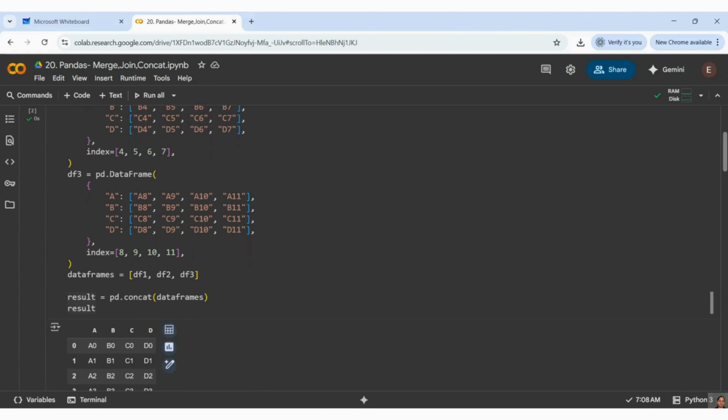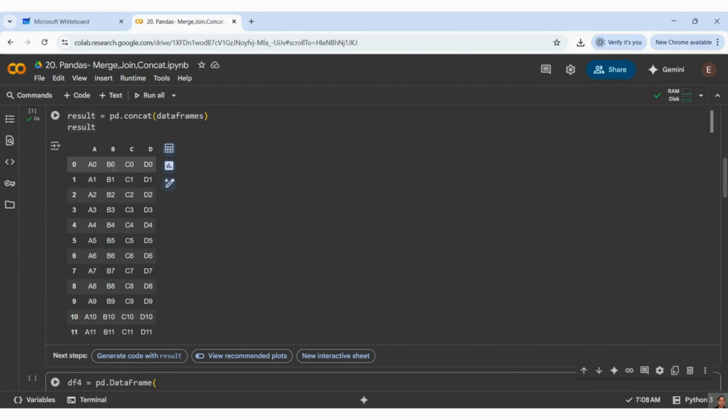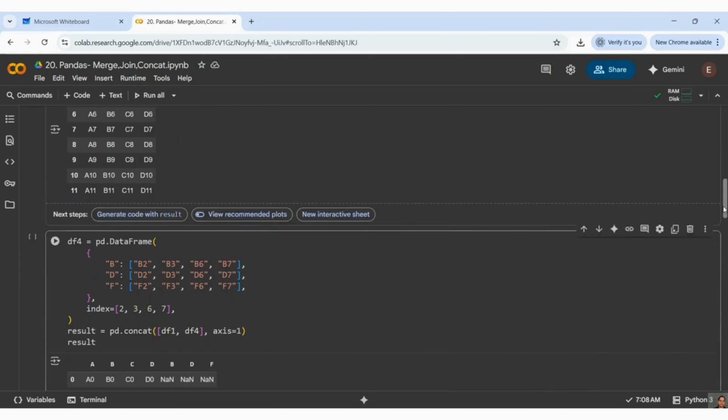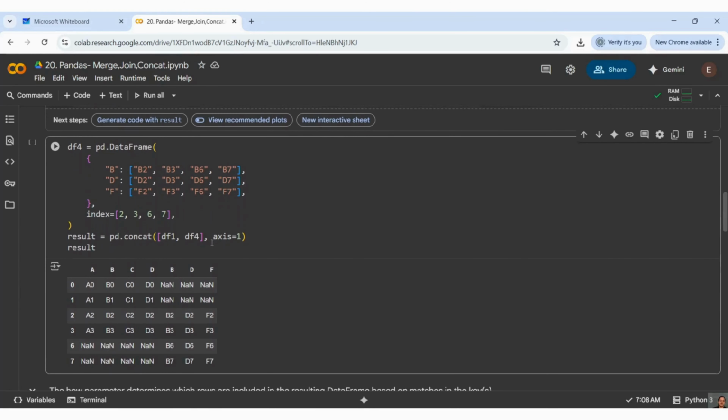So this is what happens in the case of your data sets also. When you are trying to concat and you have multiple data sets where similar kinds of columns are available, the concat method will be really helpful. It will just concat all the same column values into one and give the output. So that's what we saw here. We got 0 to 11 indexes.